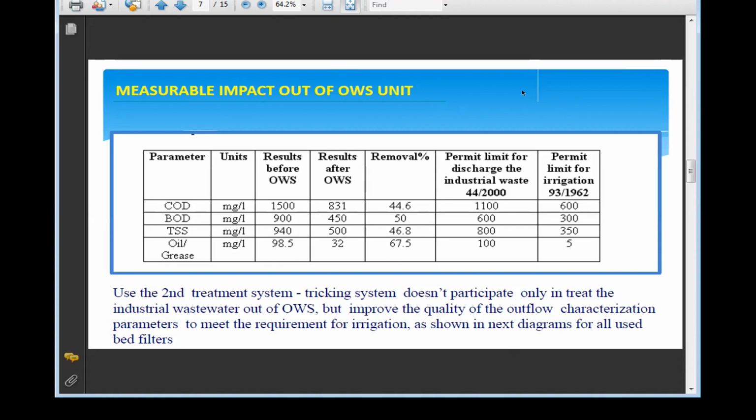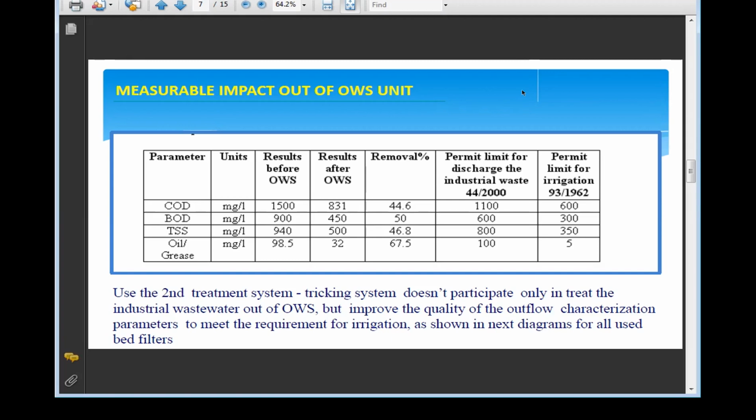You can find here that COD has dropped from 1,500 to 800, so we have more than 44% removal. For BOD, we have more than 50%. For total dissolved solids, we have 46% removal. And for oil and grease, we have more than 67% removal. All the removal and improvement in the treatment